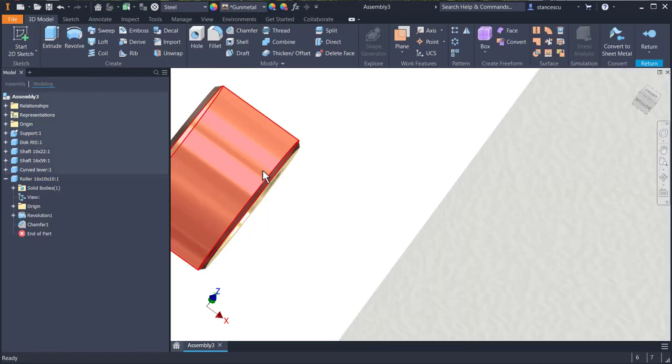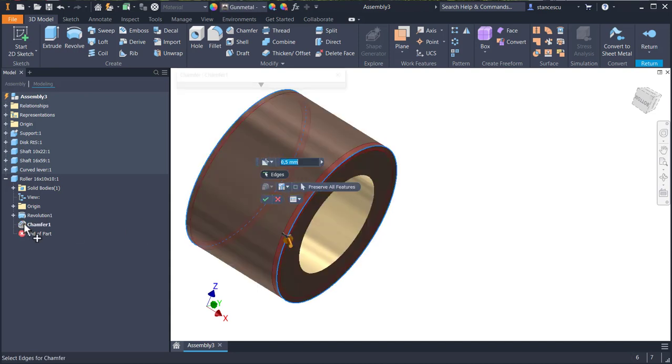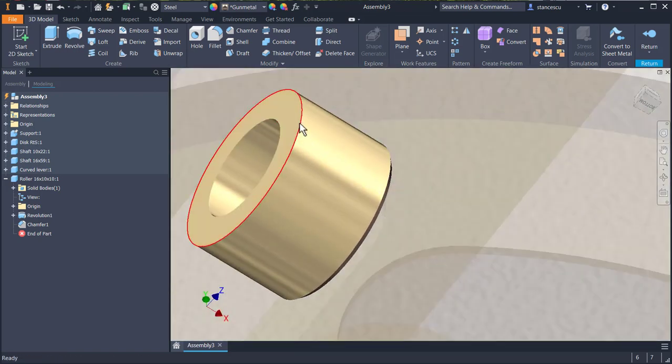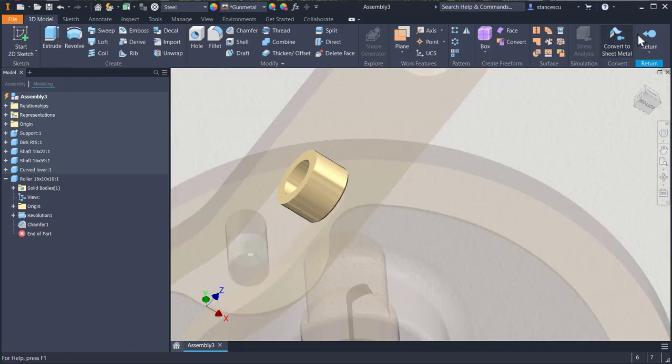Double click on chamfer, and we select this with shift. Okay, good. You see this end does not have any chamfer. Finish